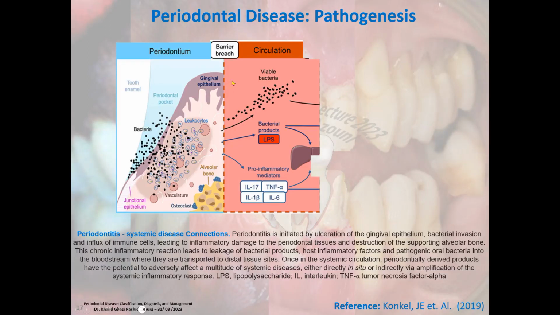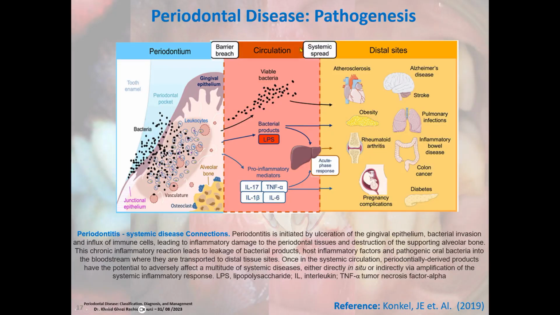All this. And in the circulation, there will be some viable bacteria coming from the pockets, and this is a tested theory. And there will also be some bacterial products like the lipopolysaccharides of gram-negative bacteria